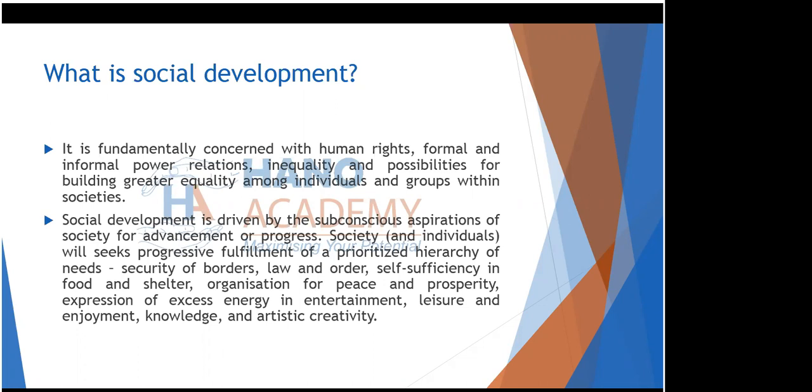So all these items for an individual to progress in a society, the elements that we have mentioned, right from security of the borders to artistic creativity, need to be met in that order. But the question we ask ourselves here: how if these needs are scattered? Say, for example, we start with entertainment, then security of the borders comes last, or security of individuals comes last. What will happen?